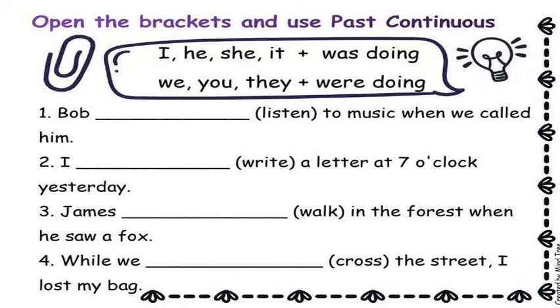We want to go back to it, we would simply use the following. If we look at Bob and listen to music when we called him, if I want to use the word listen, I have to look at the subject Bob and see that it goes only with was, but not where. So I simply would write was, just this way, was, and then I would write the word listening plus